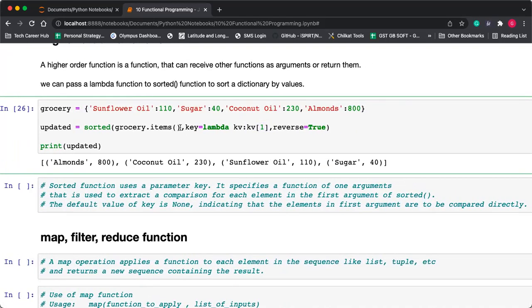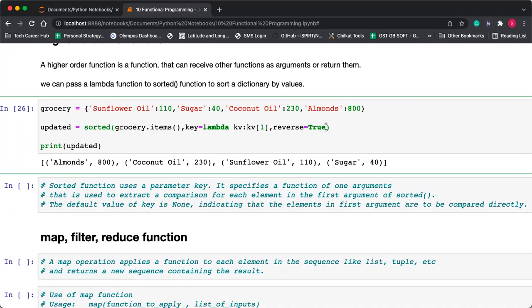So the default is the first value available in the item, key and value. So the first value is the key, so by default it is sorted by key. And if you provide sort by value, then it is sorted by value.